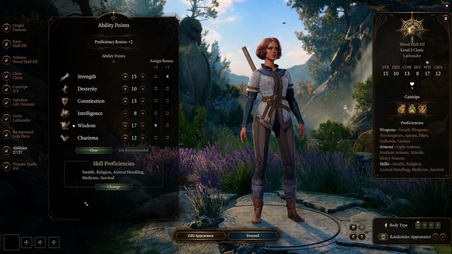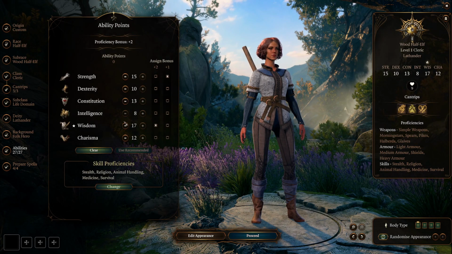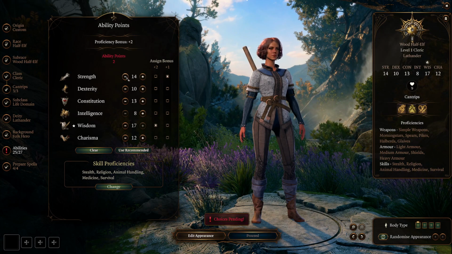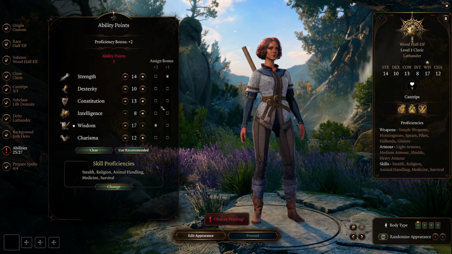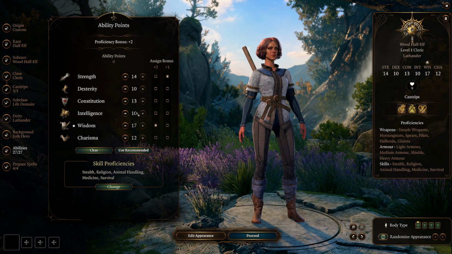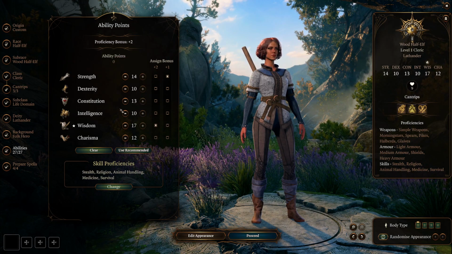We'll take religion. I'm probably going to boost up my intelligence some. I'm going to go down to 14 on this, and go up at least 2 on intelligence to make it normal.